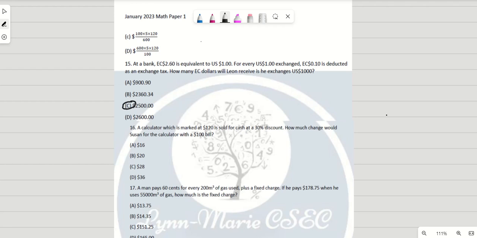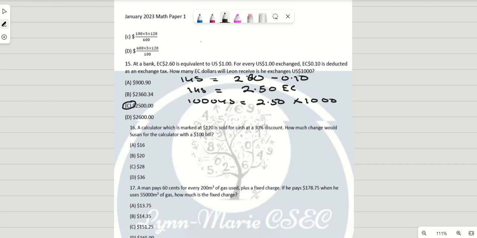They said they deduct 10 cents. So we cannot say 1 US is $2.60. We have to say 1 US is equals to $2.60 minus the 0.10. So 1 US is equals to $2.50 EC, right? So therefore 1,000 US would be $2.50 EC multiplied by 1,000, which is equals to, we're carrying across 1, 2, 3, so it's going to be 2500.00, so it's 2,500, right? So that is how I got C as my answer,